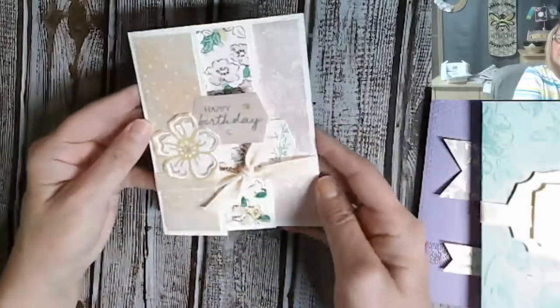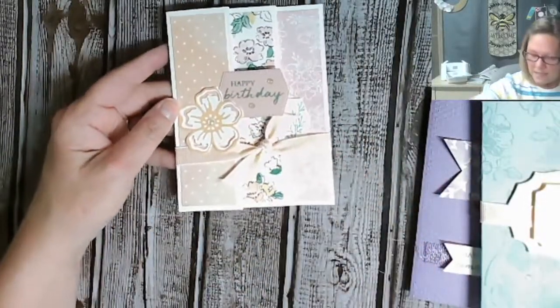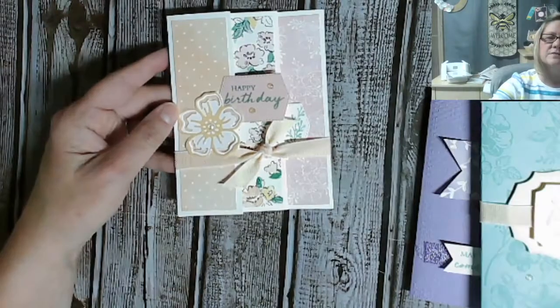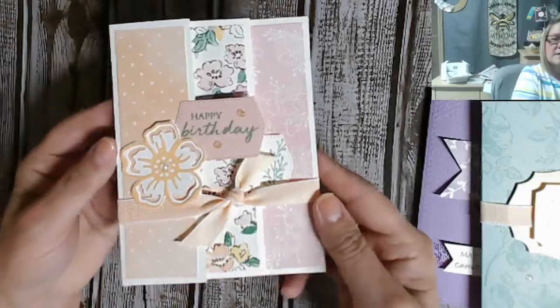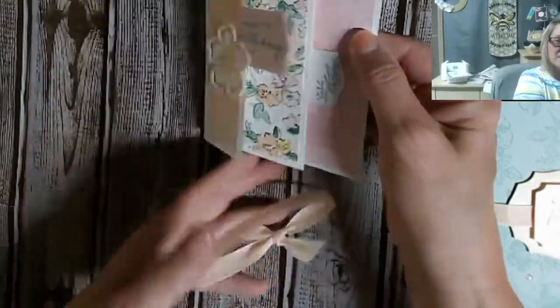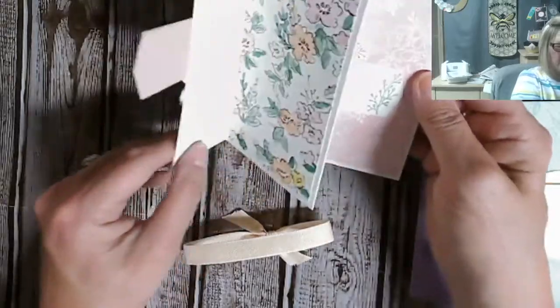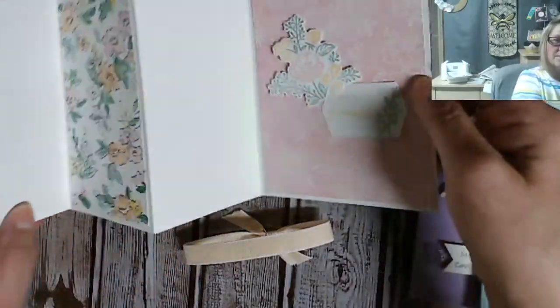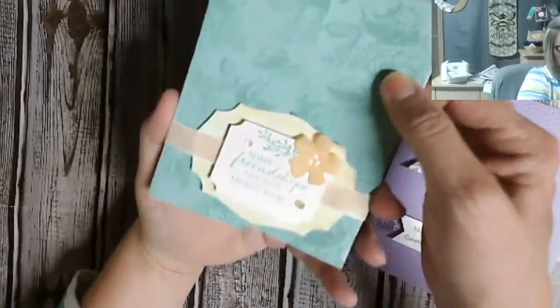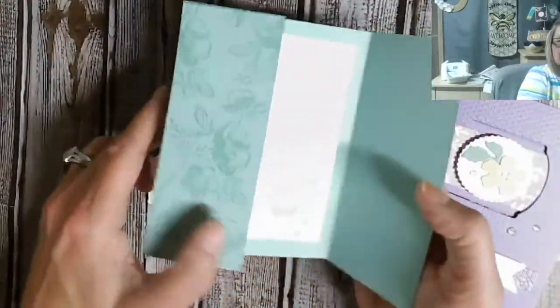This card right here. I have even tried a different light, and I'm going to turn this off and see. Okay, hopefully that's a little better. Anyway, this is kind of the same thing that comes off here, and look at this fold. Isn't that pretty? So number 2, all these have a belly band with them, and then this comes off like this, and inside,